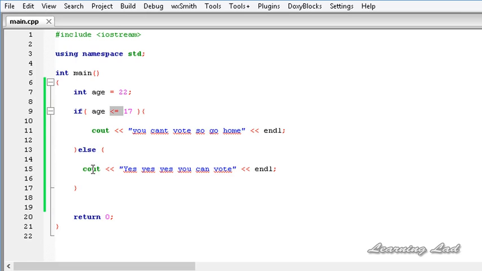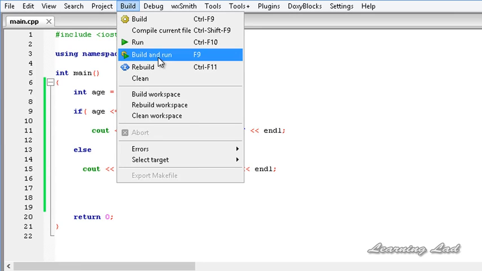And the next thing that I want to teach you is whether we need to use these braces or not. If you want to execute only one statement after this if or after this else, then you don't need to use these curly braces. You can use them, but it's not necessary. So just to demonstrate that, I'm gonna remove this, and here also. Now if I save this, build and run this,